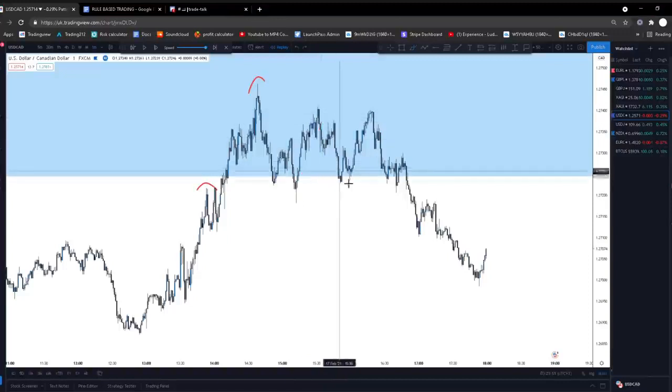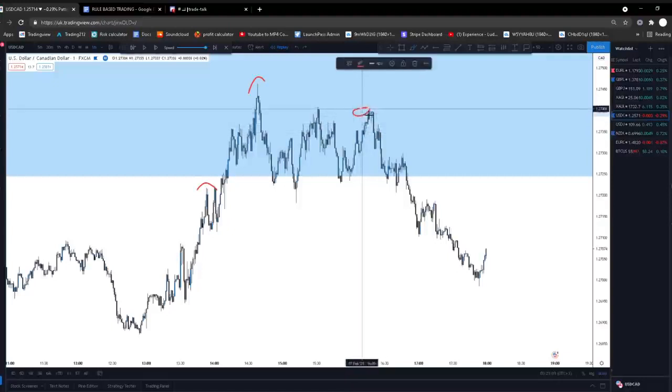Then we don't have the market liquidate structure again, right? This is fine. No Wyckoff schematic is going to be perfect, right? So we have the market accumulate liquidity but not take out liquidity. So this is our double top, right, that the market has formed. It has accumulated liquidity but not taken out liquidity.